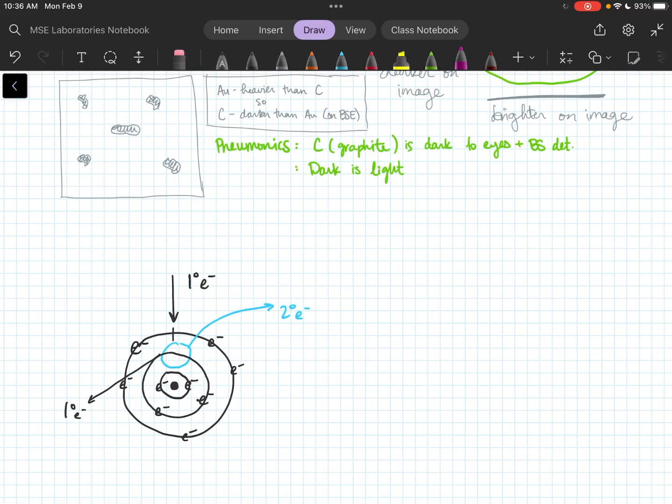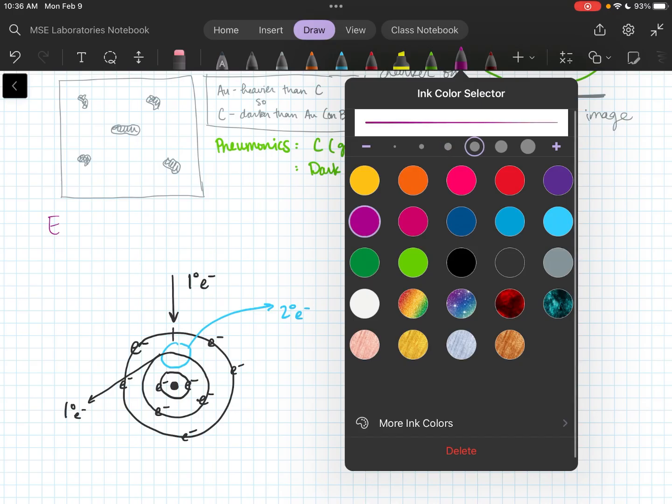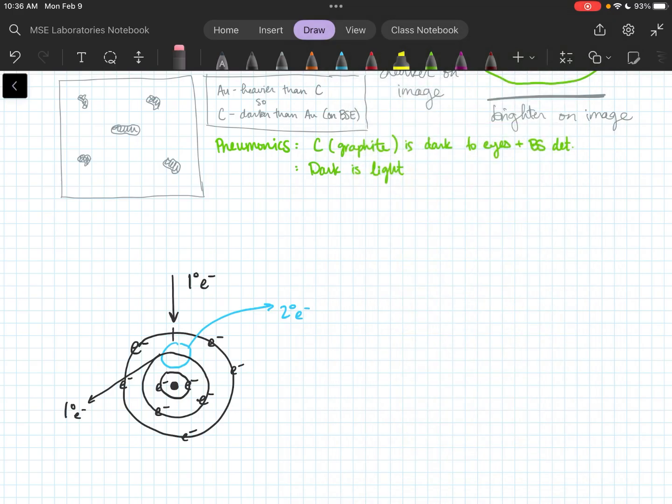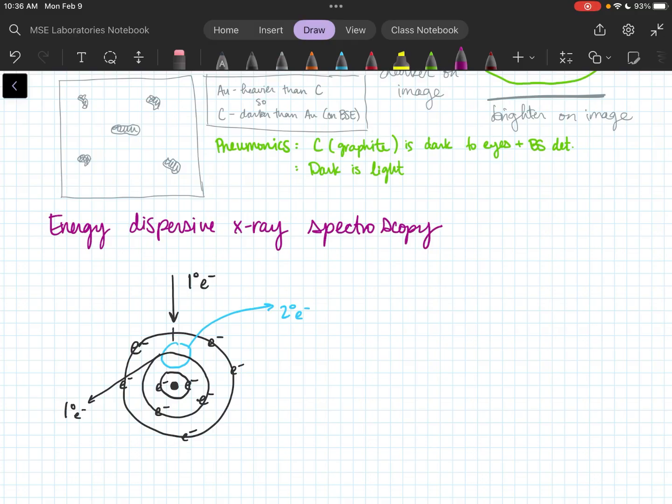Purple's fine. This is called energy dispersive X-ray